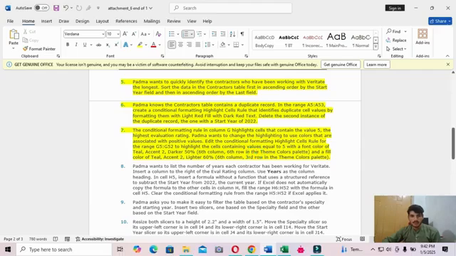The conditional formatting rule in column G highlights cells that contain the value 5, the highest evaluation rating. Padma wants to change the highlight to use a color that is associated with a positive value. Edit the conditional formatting Highlight Cells rule for the range G5 up to G52. Highlight the cells containing a value equal to 5 with the font color of Teal, Accent 2, Darker 50%.